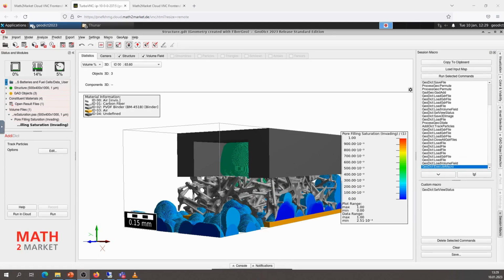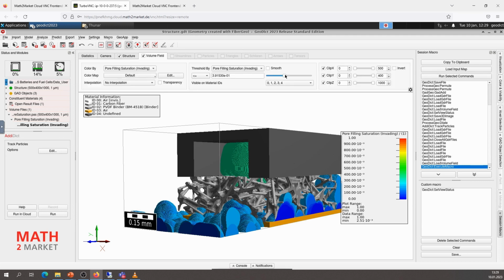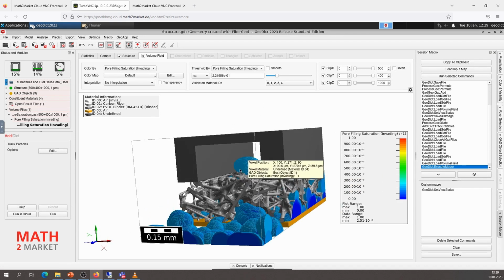Now we are going to prepare the structure for the ADDIC simulation. We've been using a slider to see when we want to use the droplet. And we take it when it's a little bit smaller, and we take this as intermediate result. And then we can make the ADDIC simulation to track the particles that start from the surface.